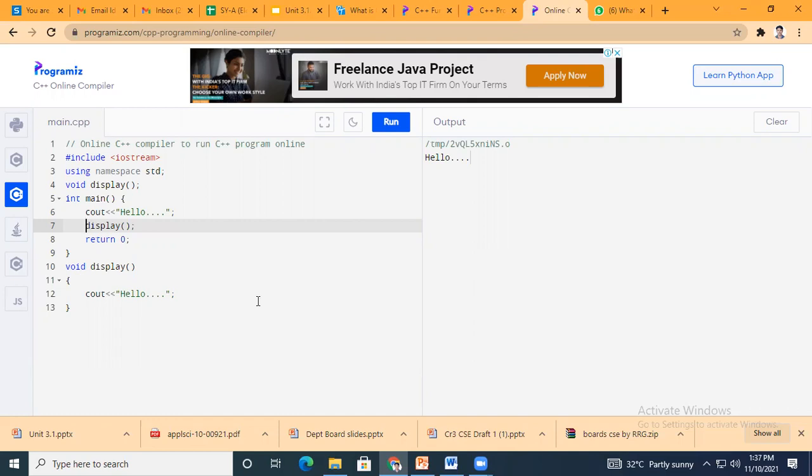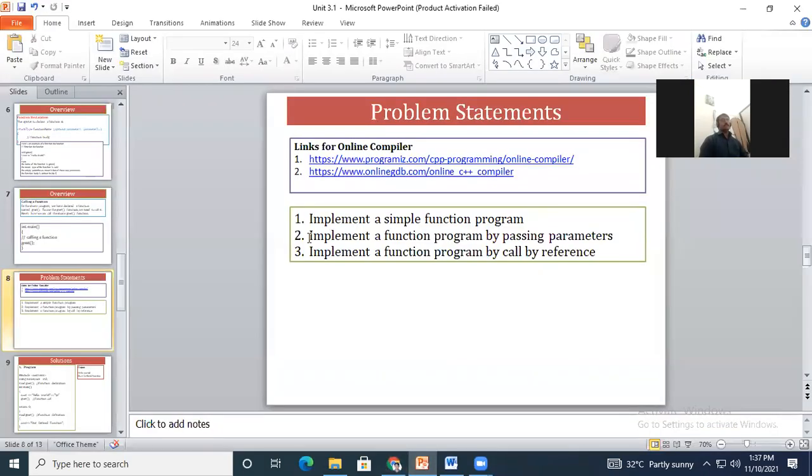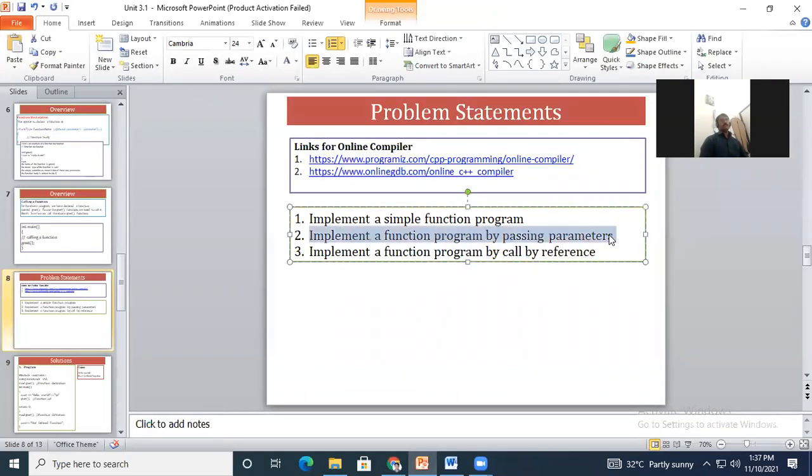Okay, so I'm getting much response from your side with screenshots. Now, I will move to the second problem statement. So, is the screen visible to all?